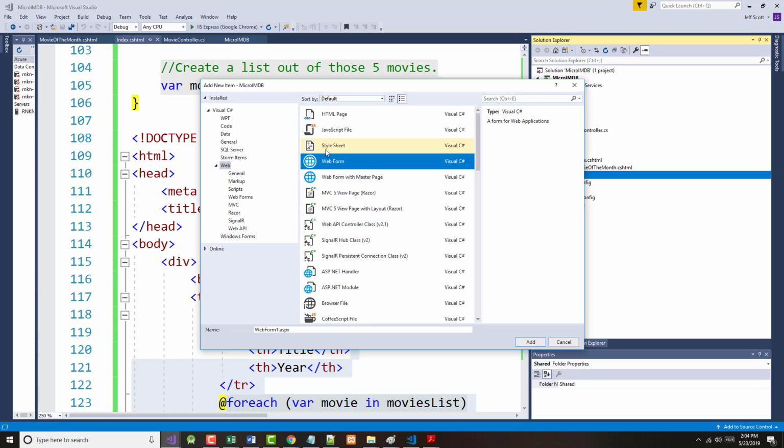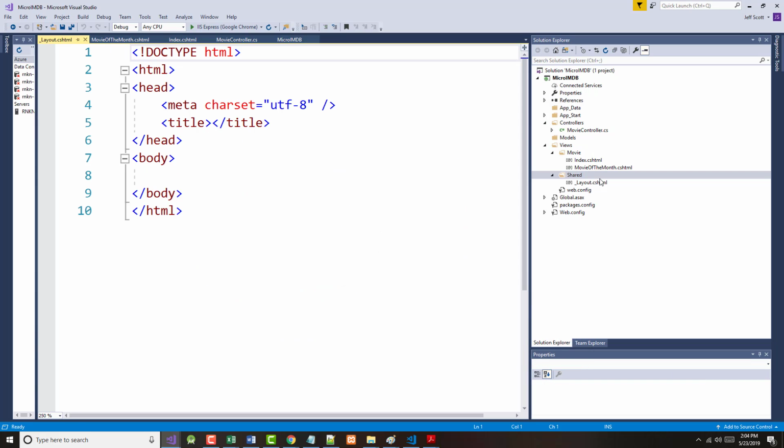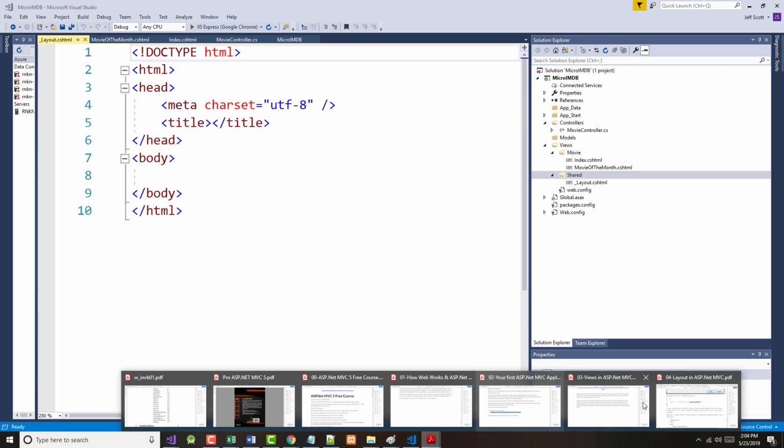Would it be a web form? No. It's not a style sheet either. HTML page. I'm going to try this and see if it works. I don't know if it will or not. Underscore layout.cshtml. All right. So I'm going to add that, and I'm going to put in